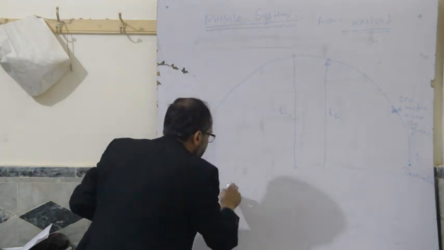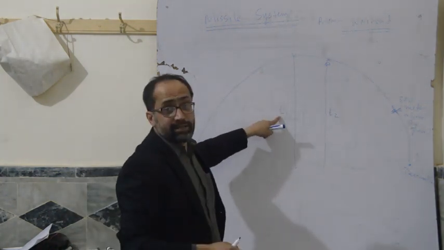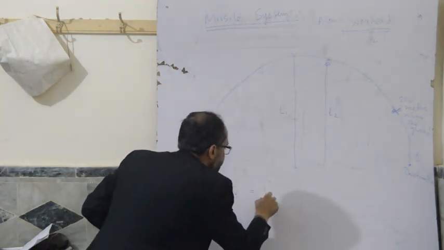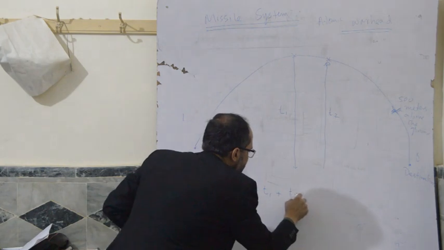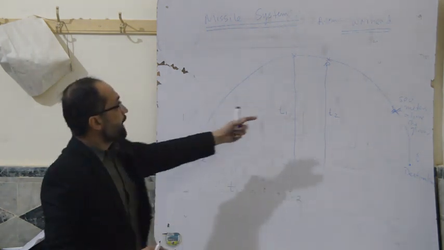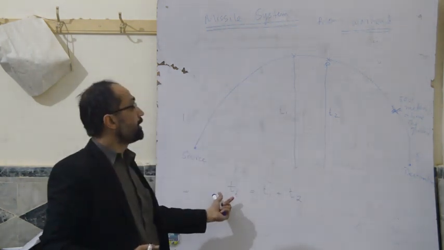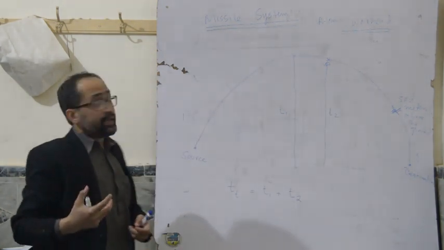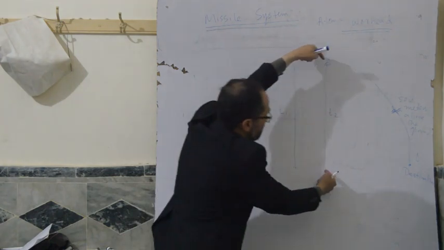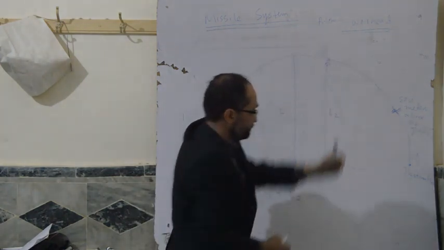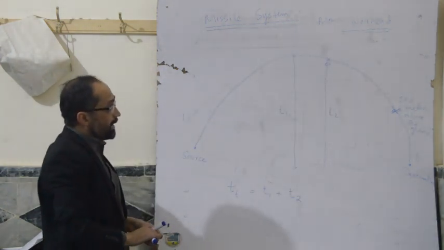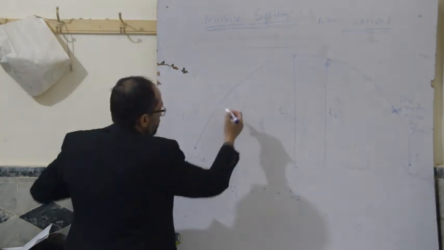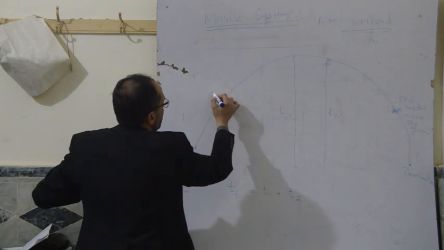So the total time between transmitting a signal and receiving a signal is t1 plus t2, and based on this total time, the missile system can estimate the height of the missile from the ground. So this is also 500 meters above the ground,